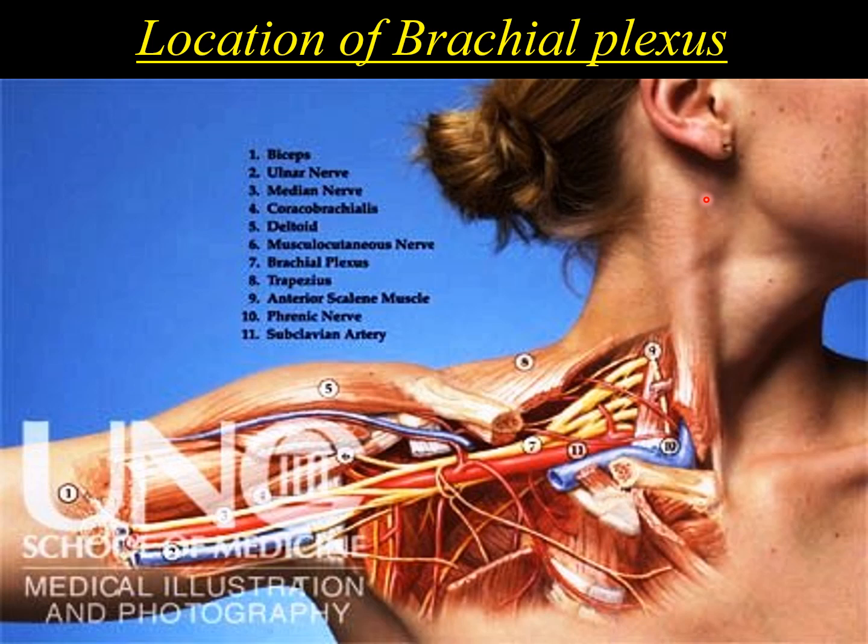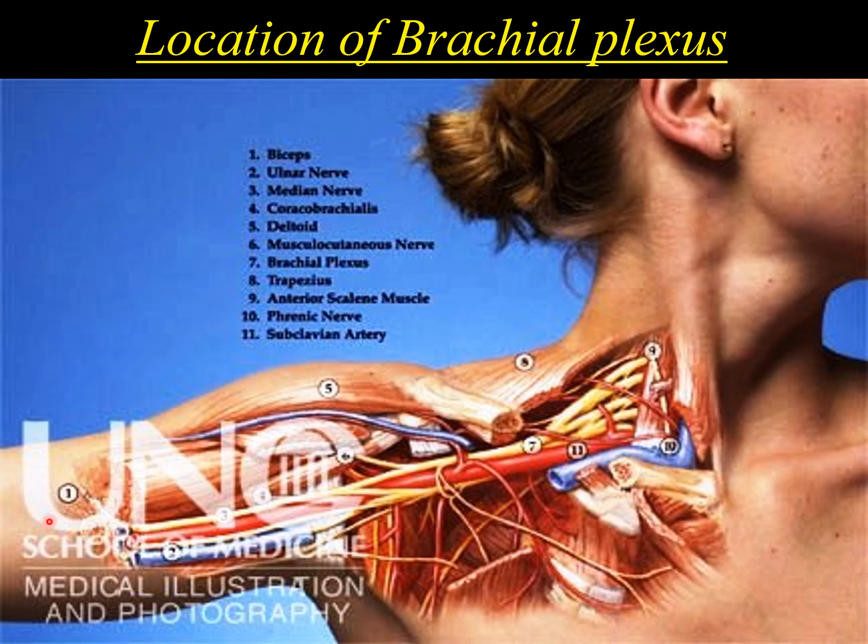So the location of the brachial plexus: it starts in the neck, through the roots which we are going to discuss, and from the roots it forms trunks, and from trunks to divisions, and divisions to cords. From the neck it arises and passes behind the bone known as the clavicle, and then moves towards the axilla, and from the axilla it passes to the arm. So that is the direction of the brachial plexus, starting from the neck, passing below the clavicle, entering the axilla, and from the axilla reaching the arm.